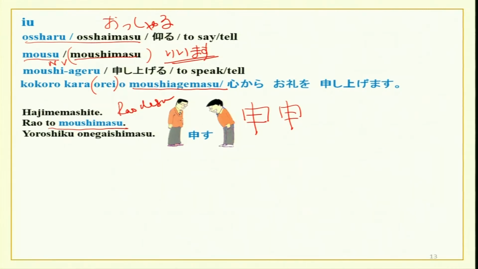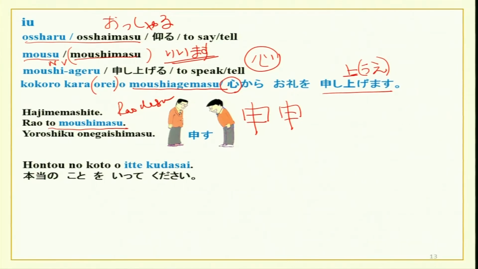There was a very simple kanji here, which is kokoro. This is kokoro, this means heart. Kokoro kara moshiagemasu. Ageru is ue. This is the kanji for ue, and ageru is also another reading for the same character. Now,